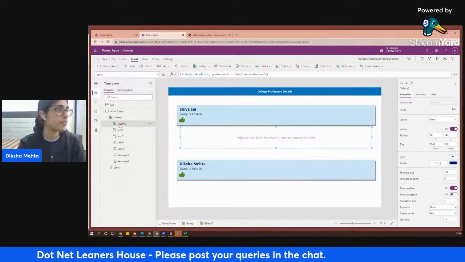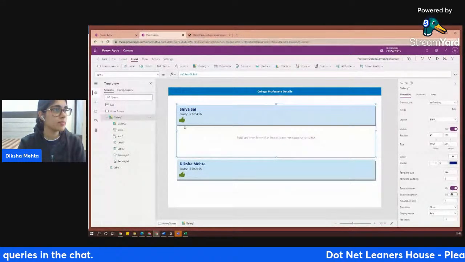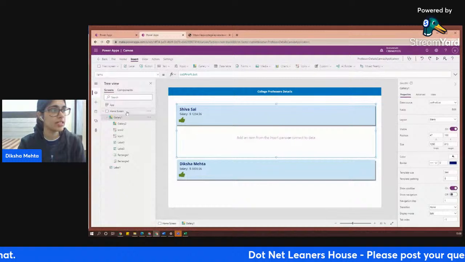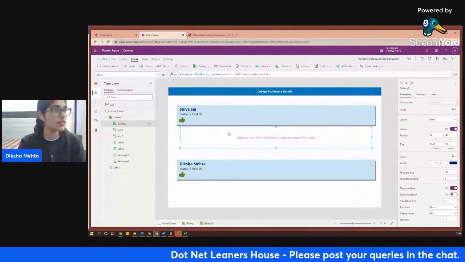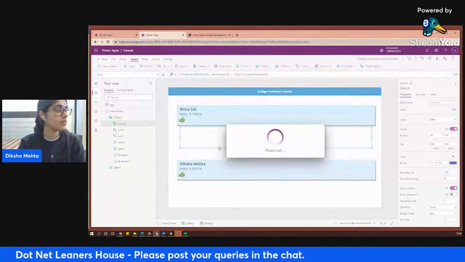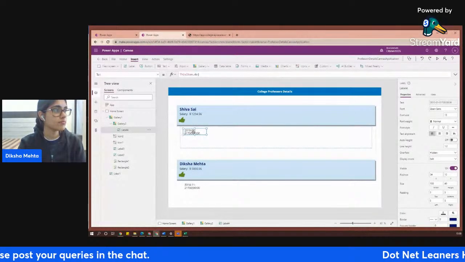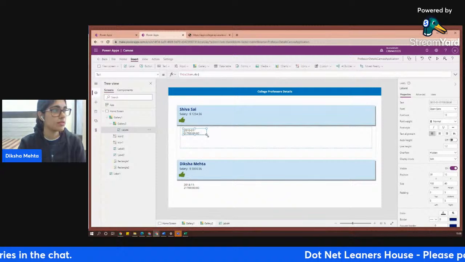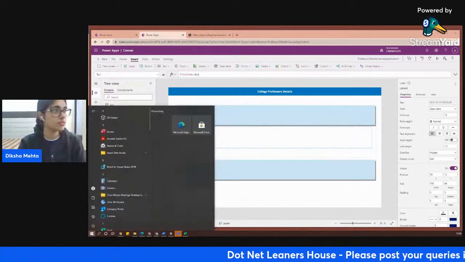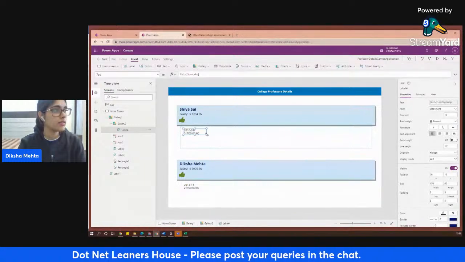Basically, this is the first item of the first gallery, and this is the first item of the second gallery. Now let me insert a label within this gallery. I want this label to display the professor ID,